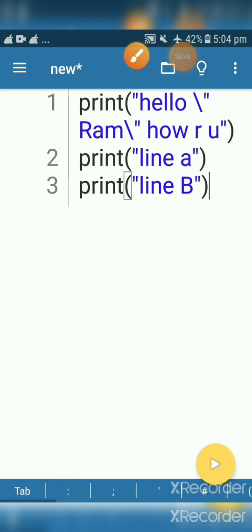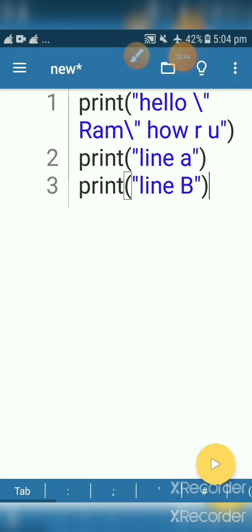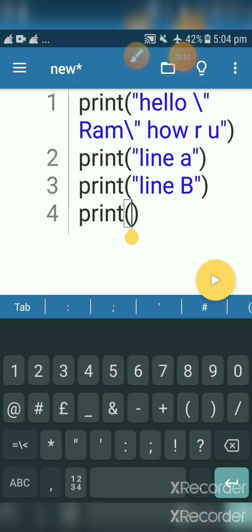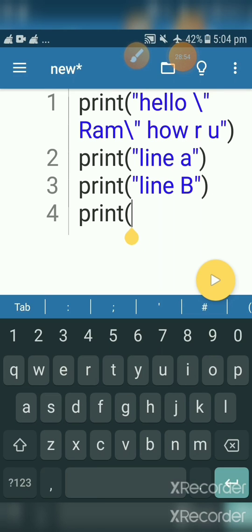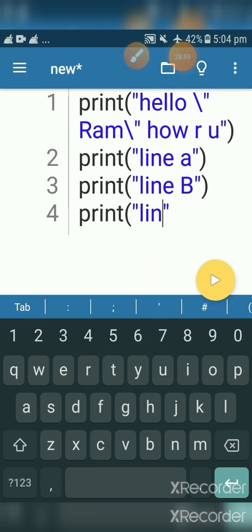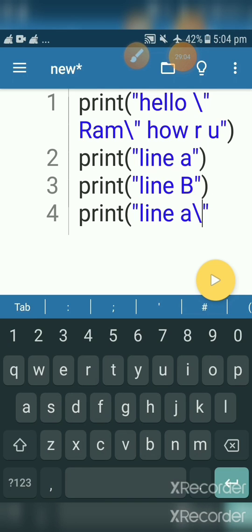Let's check out. Enter. So you can write it this way, print line A. Okay, after that you can use \ then write n.